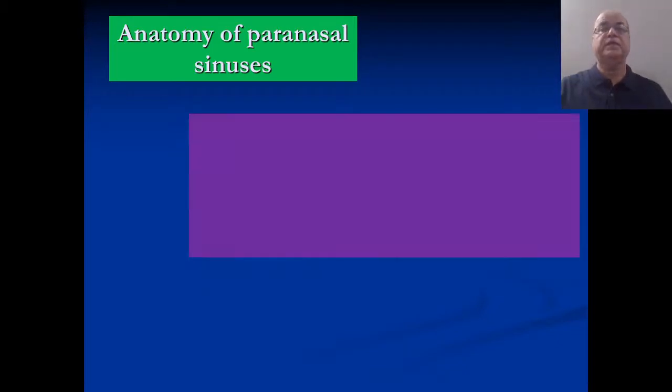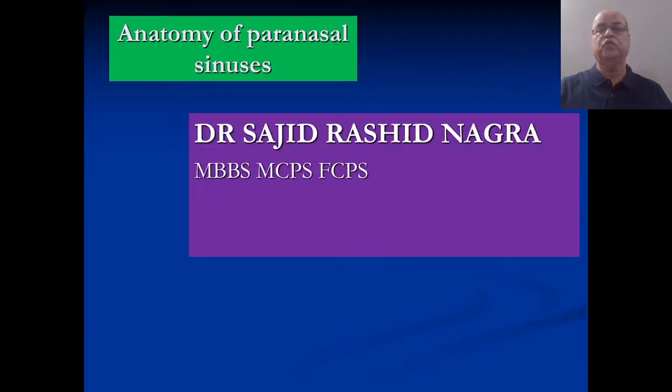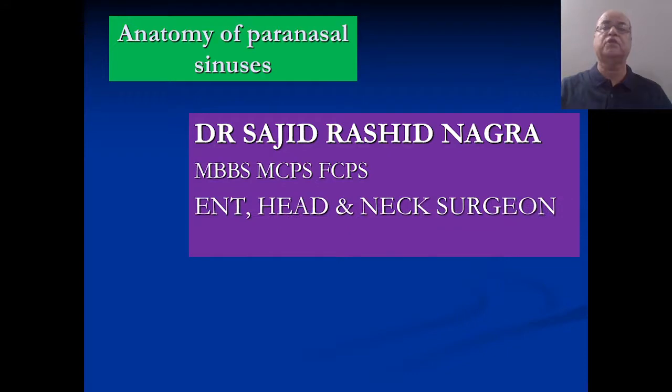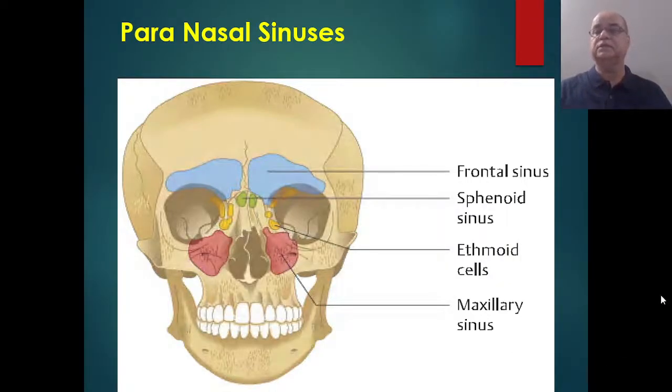So, anatomy of the paranasal sinuses. We know that there are four paranasal sinuses, rather four pairs of paranasal sinuses, which are named as frontal sinus, sphenoid sinus, ethmoid sinuses, and maxillary sinus. Actually, these are air-filled spaces in the bones of the skull, and they are in direct communication with the nasal cavities through their ostia,